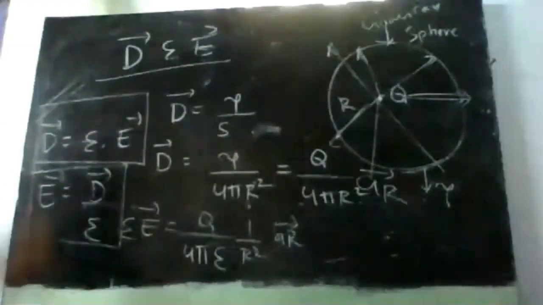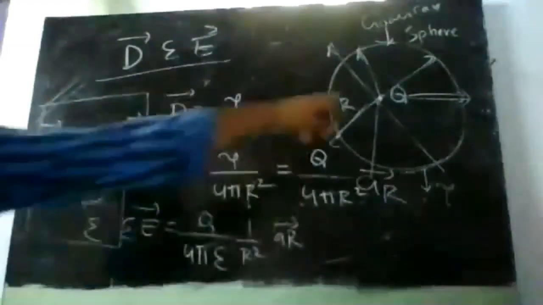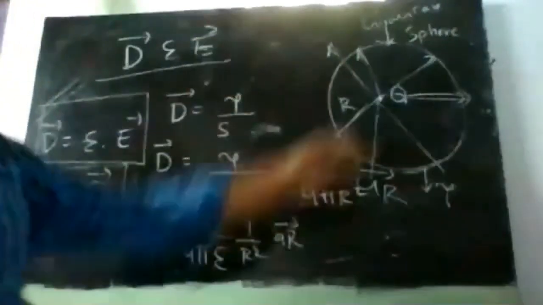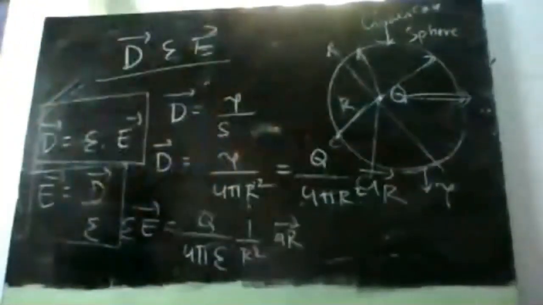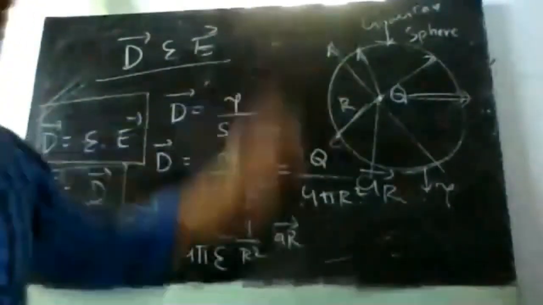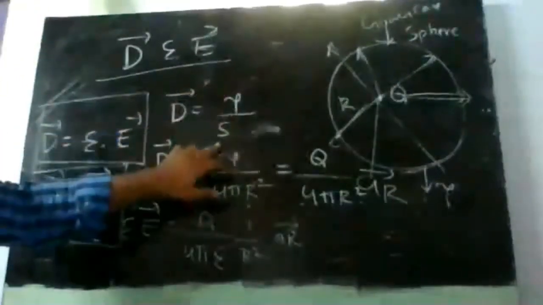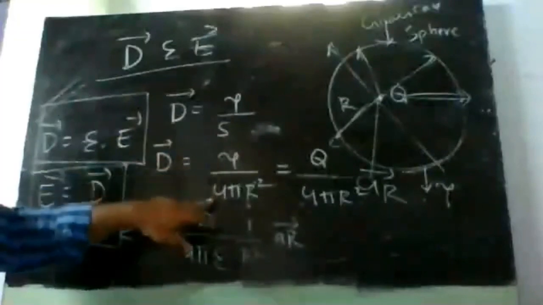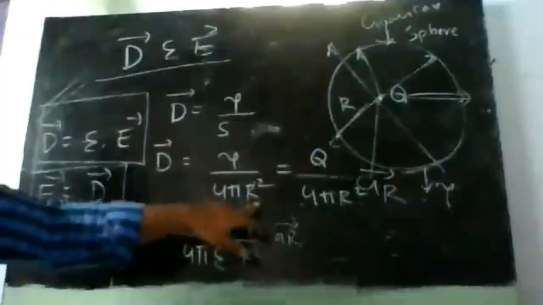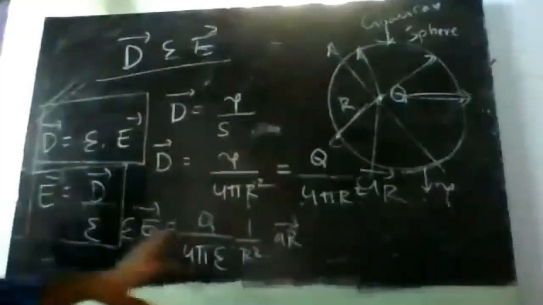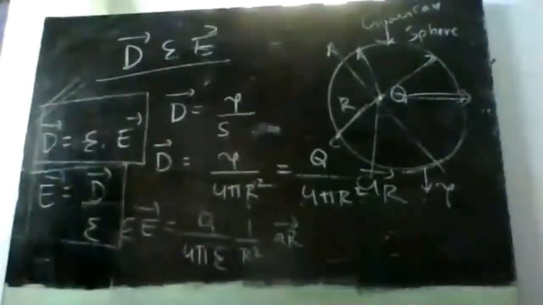To recap how the relation came: I took a point charge and considered a Gaussian surface around this point charge. I'm considering the Gaussian surface as a sphere, so total flux is psi and surface area is s. The surface area of a sphere is nothing but 4 pi r square. So I get it like this. Therefore, the relation between D bar and E bar